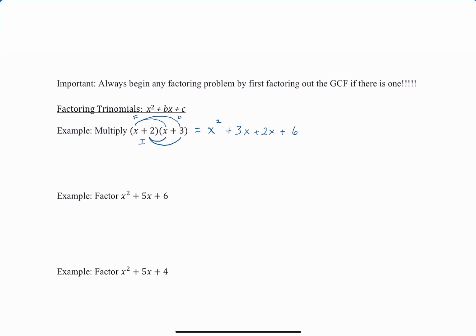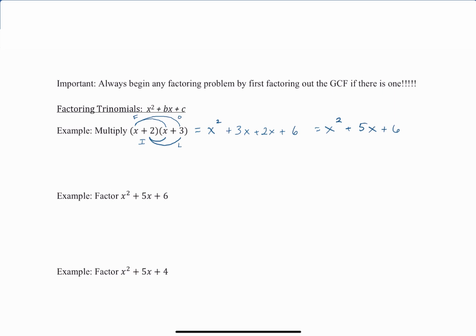First, outer, inner, last. I personally think of it as just going from left to right, but whatever. To get our final answer in simplified form, I will add the 3x's and the 2x's. So my final answer here would be x squared plus 5x